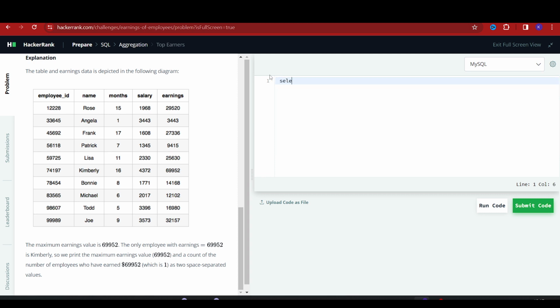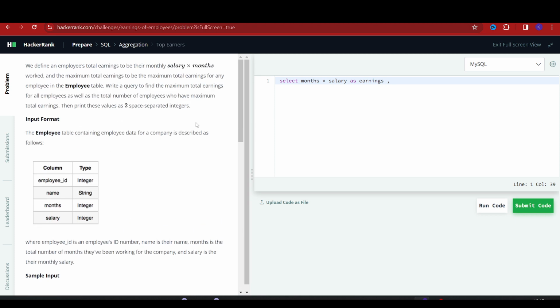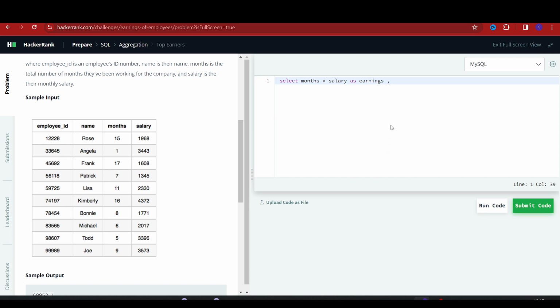So we select what we want to select, earning, which is month times salary. So we will write months into salary as earnings. And also we want the total number of employees, so we will count star from the table employee,